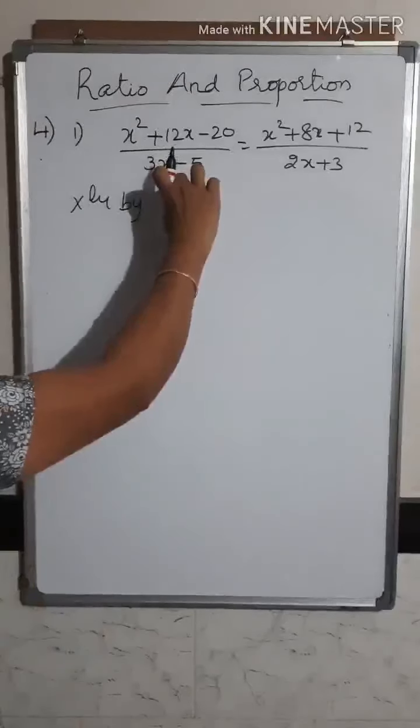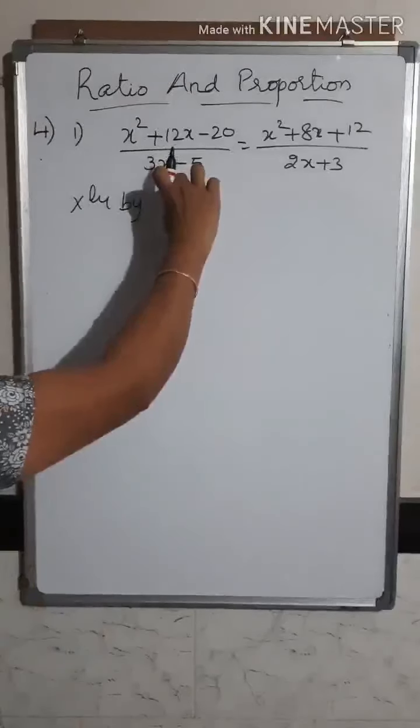By dividendo. What is dividendo? You have to subtract and write it. So you get x square plus 12x minus 20, dividendo, minus 12x plus 20 you get. And the denominator should be written as it is. That is 12x minus 20 has to be written as it is. The same thing you have to do on the other side also. So is equal to x square plus 8x plus 12. This becomes minus 8x and this becomes minus 12. And in the denominator write the same thing, 8x plus 12.